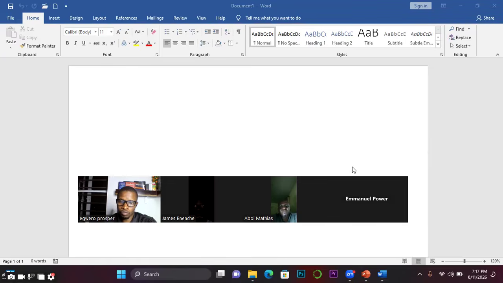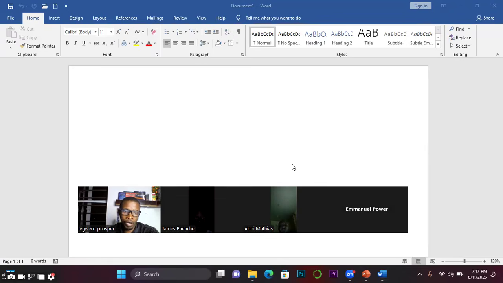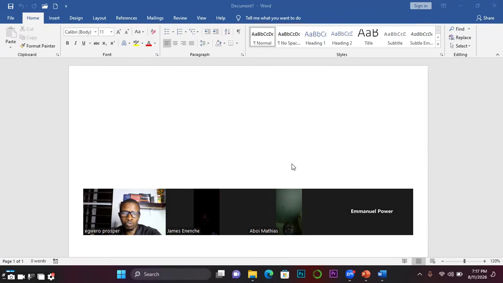Now, remember that I took my time to explain the functions of each of these buttons. So for those that were not in that class, it is expected that by now they must have gone through the video. And then we identified the application standard toolbar, which is this section, where I said you can actually customize